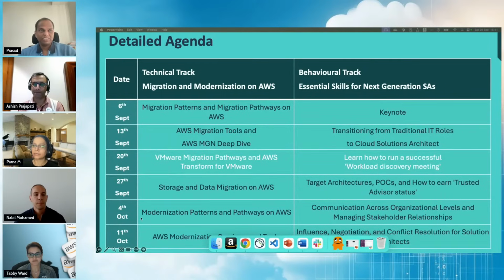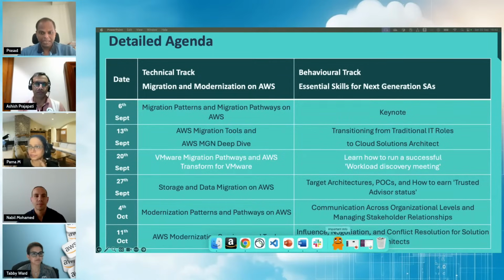Yeah, and going forward, even these topics will be very heavy in case you're new to modernization, like modernization patterns and pathways on AWS. We'll be introducing a lot of patterns there, and we'll be doing a lot of demos in these sessions. And even if you look at the behavioral, it's very packed, like the workload discovery meeting in itself. This can go on for a couple of hours, the way Parna and Nabil were going on to do a proper discovery meeting, and the same will be the next thing. So we'll try and condense them as much as we can and provide as much value as possible within the short span we have, and then we'll be following up with resources for you to upskill in your own time.